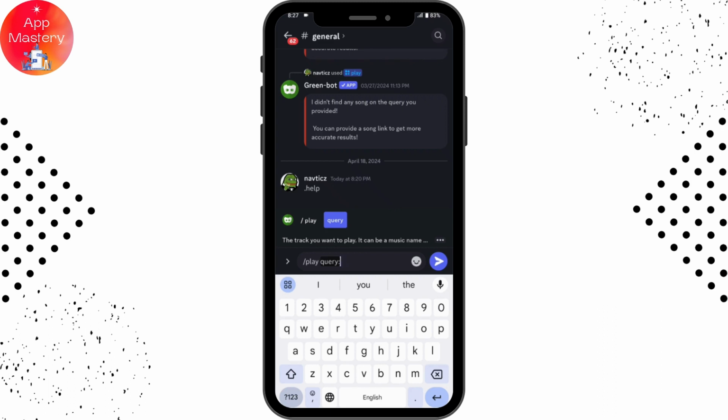So that's how you can play music in your Discord mobile,